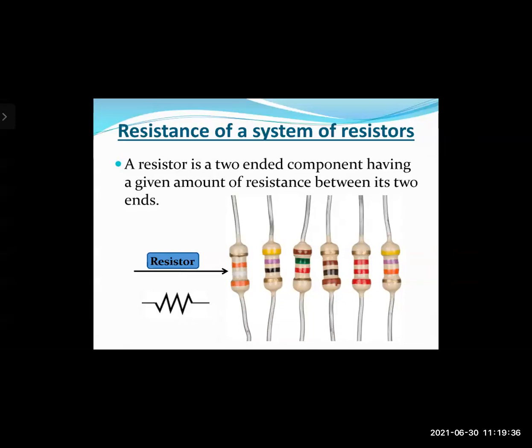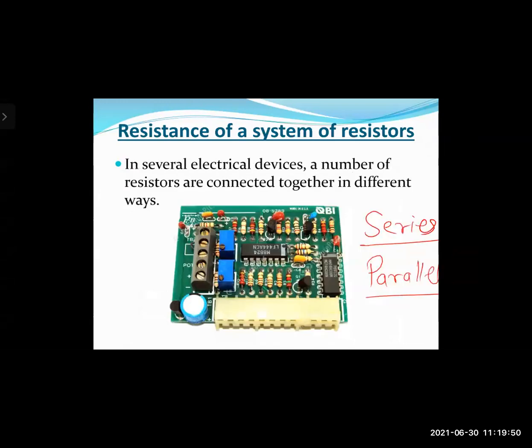Now there are various types of resistors. The unit for measuring resistance is ohm. Depending upon the value of that resistance, you have them as color coded, which we will learn in the further standards. As you can see here in a circuit, depending upon the requirement of the circuit, you can have the resistors connected in either a series combination or in a parallel combination.